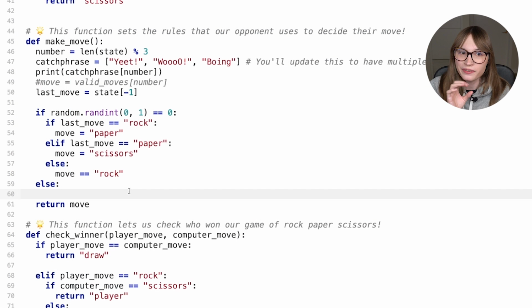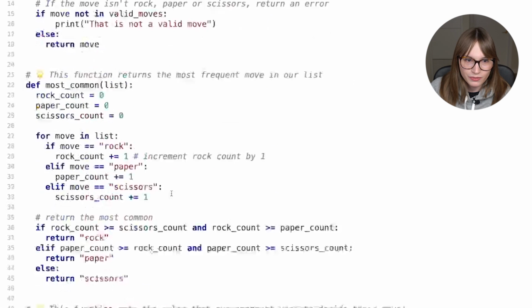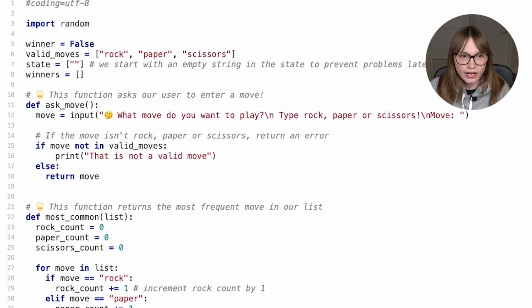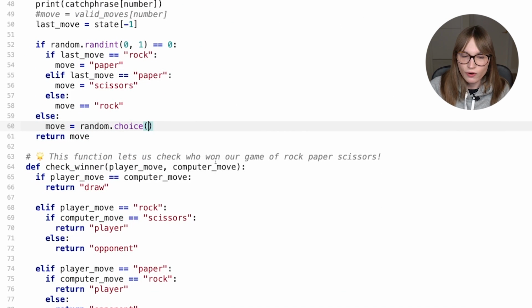Okay, let's go and use our newfound knowledge to write this code. So we're going to say, hey, if the random integer is not equal to 0, then we want to choose a random item from our list as a move. So we're going to say move is equal, remember, we saw random.choice, and I want to choose a random move. Where can I find my list of moves? If I scroll up, oh yeah, here it is. Valid moves is equal to rock, paper, or scissors. So I'm going to say a random choice out of the list valid moves. So this is just going to choose a random item in valid moves: rock, paper, or scissors.